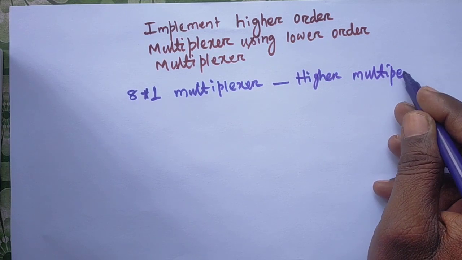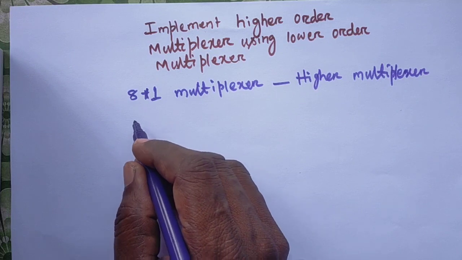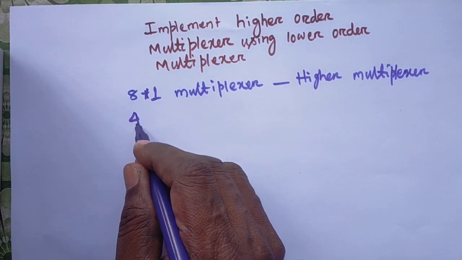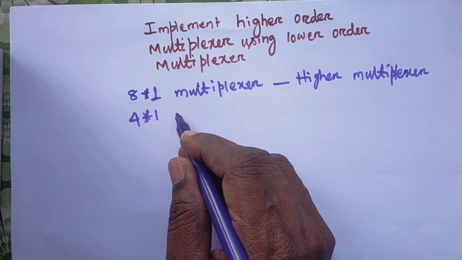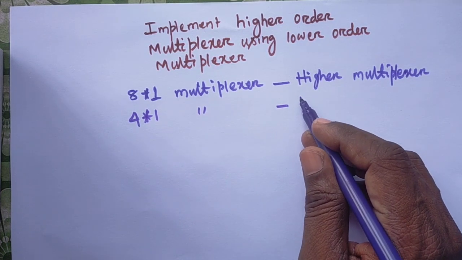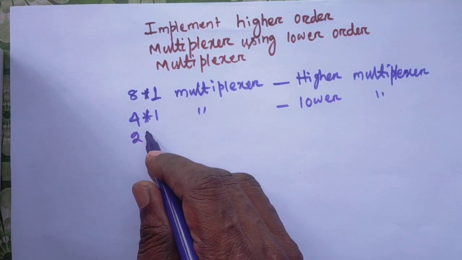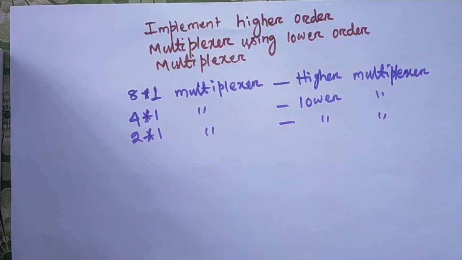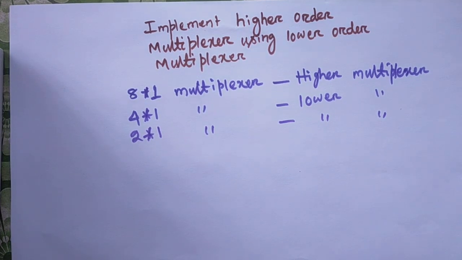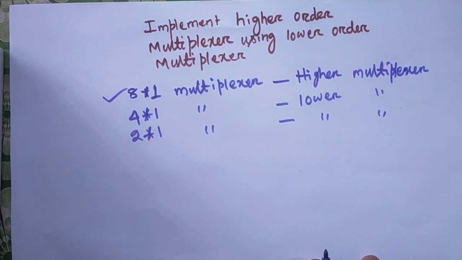Suppose we consider a higher multiplexer. A lower multiplexer can be designed, that is a 4 into 1. We can consider a 4 into 1 multiplexer as a lower multiplexer. Again, we can also consider a 2 into 1 multiplexer as a lower multiplexer. In this way, suppose we have to design a higher multiplexer using lower order multiplexers, means with